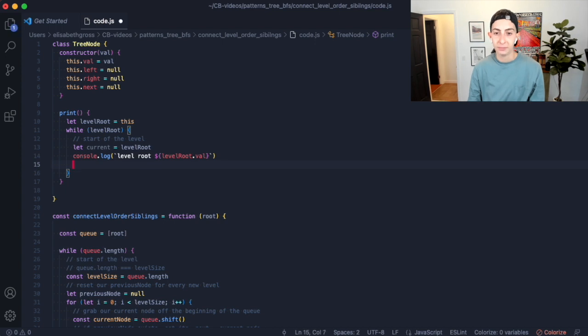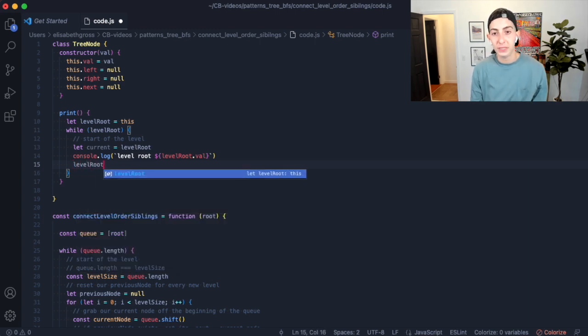Okay, so that's our first console log statement. We're at the start of the level. We have our level root. What do we do now? At this point, what we want to do is reset level root to be null. And the reason why we want to do this is because we want to set our level root to be the next level's root